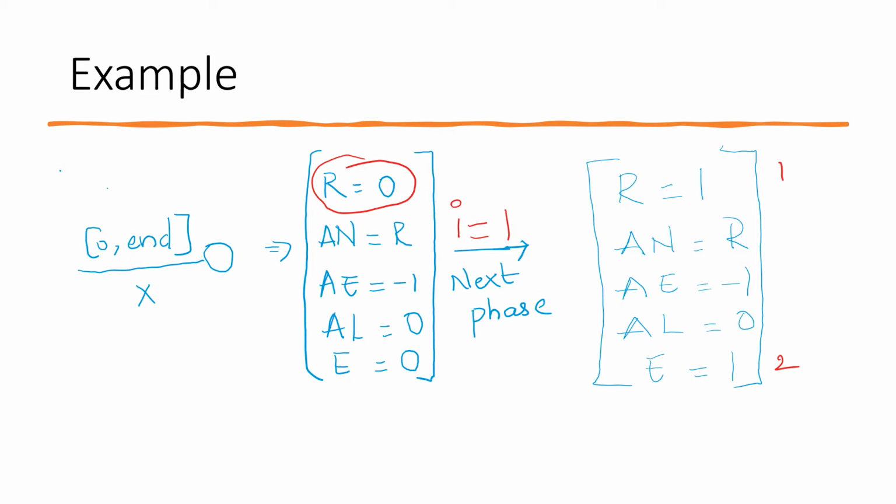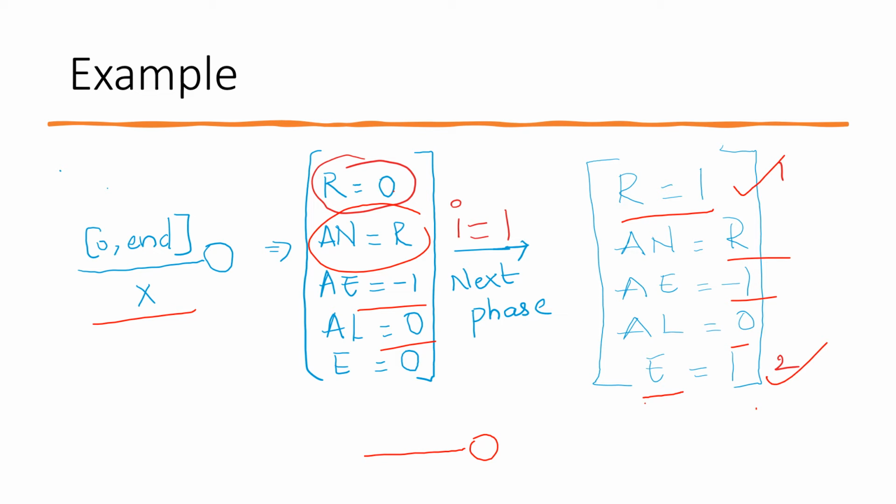So now we have this particular thing. From here we'll have to check. So now r is equal to 0. Now again we are moving to the next phase, so r will become 1. Again all these things are still the same, and we'll check. We'll just increment n by 1. So first we'll increment the remaining, and then we'll increment r. So from here we'll check.